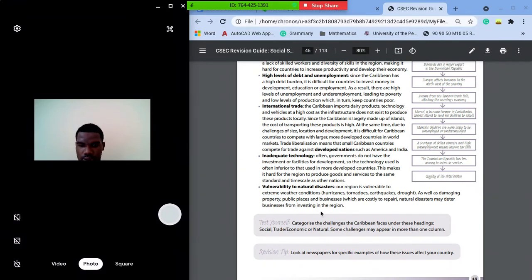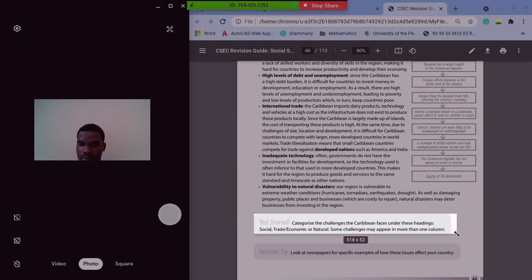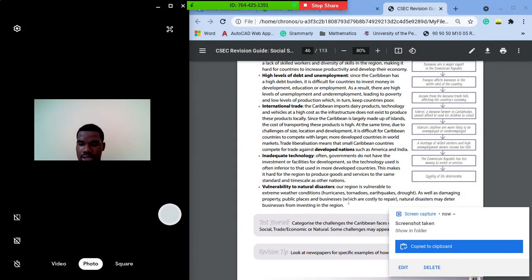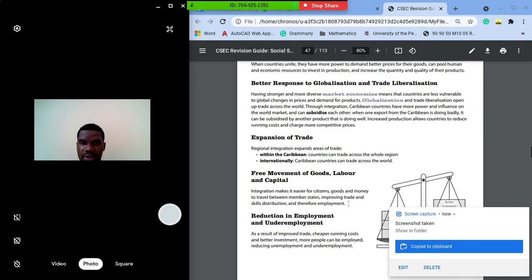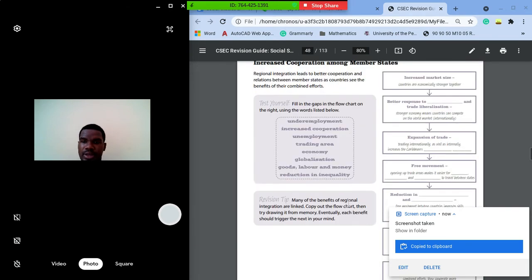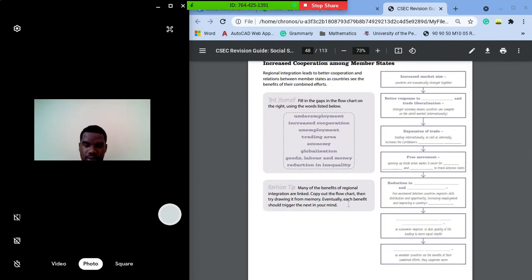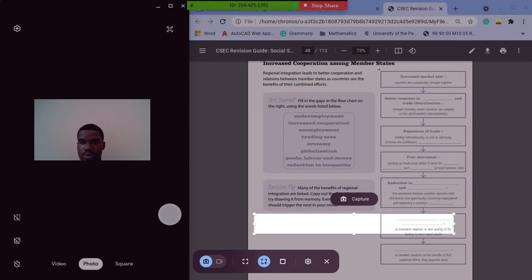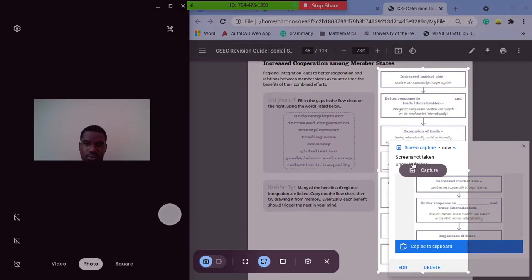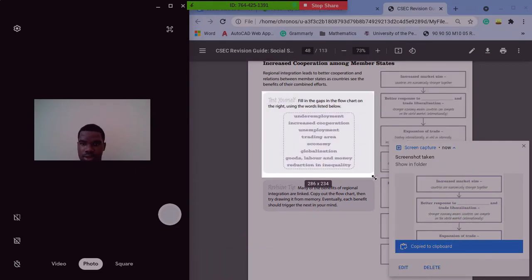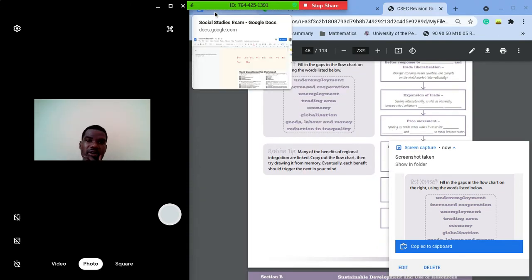Sir, can I put that in the group, please? Yeah, I'm going to send it in the group, don't worry. Your homework is to categorize them under different headings, either social, natural, or trade. And then for benefits of regional integration, your homework is going to be to fill in the blanks below. Right here, there we go. Okay, good. Excellent. Now, I'm going to send it in the group in a few minutes, but quickly, I want